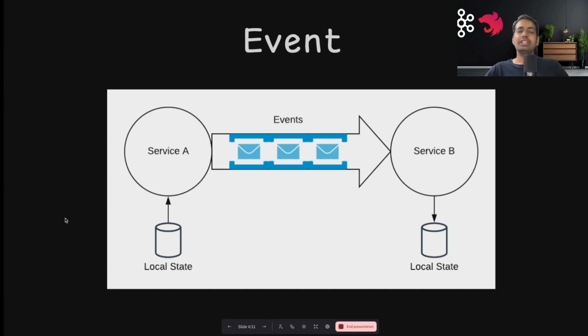So why do we need Kafka? Kafka is actually a very important tool for event-driven design. And event-driven design is where you are creating events from one system, which is called a producer, and there is another system which is consuming those events. Let's say you try to communicate directly from source to target, where the source is fully aware of the target, then if the target goes down or the source goes down, your application completely goes down. There can be multiple sources and multiple targets, and you want to achieve a decoupled system